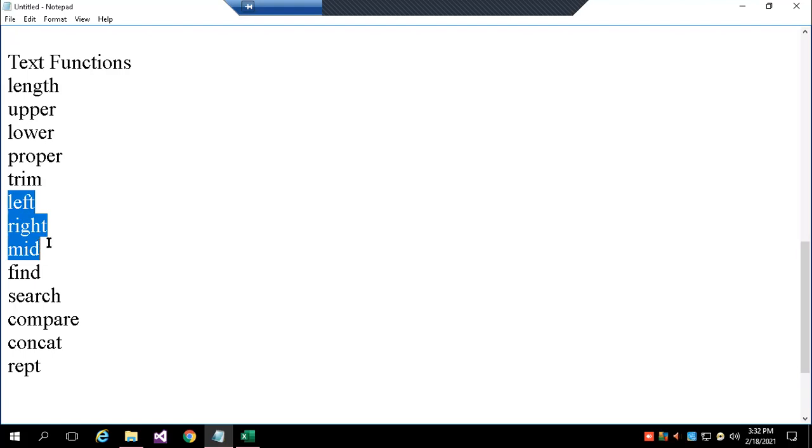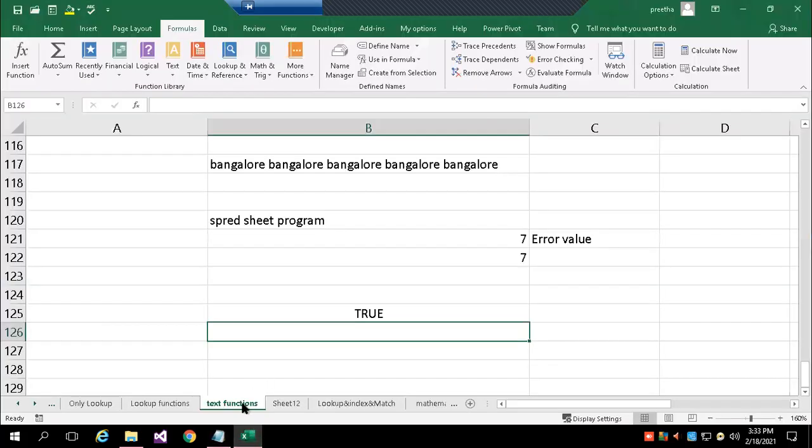Find and search is for searching a text within another text. Comparison, it's not compare, it is exact, used for comparison purposes. Concatenate is for joining two texts. For that, one symbol I also use is ampersand, the concatenation operator. Okay. Till then you can practice the text functions.